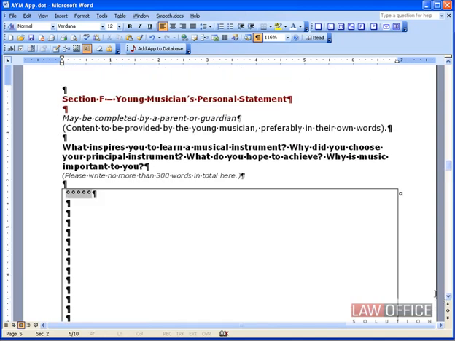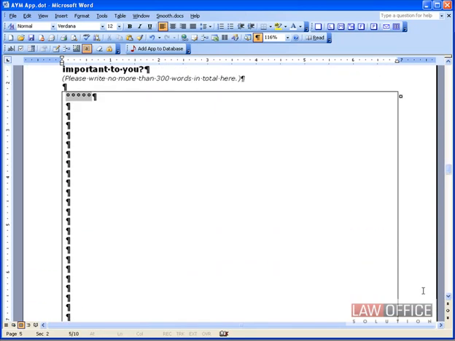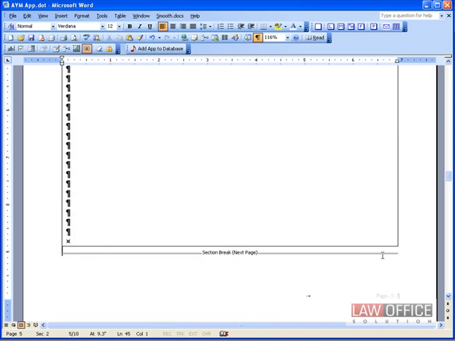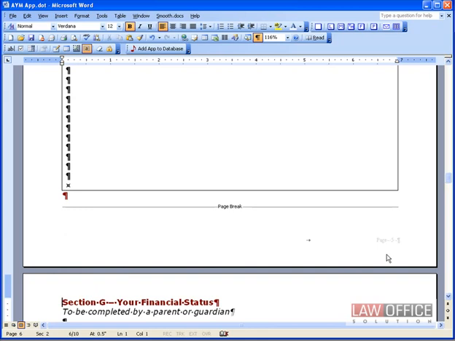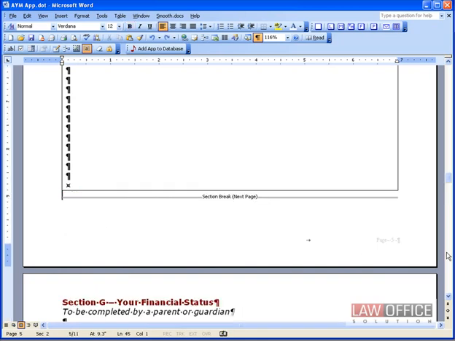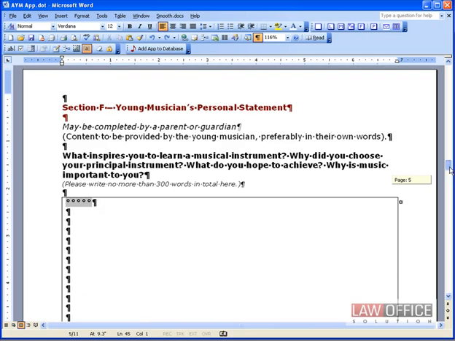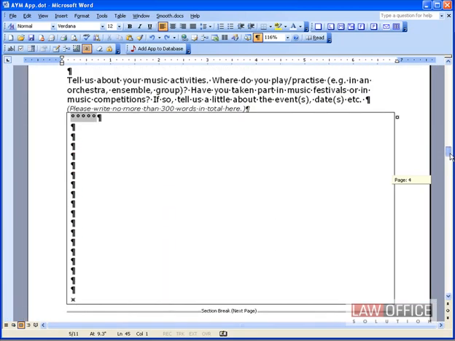Let me see what happens if I delete it. You can do Control Enter on the keyboard to do a page break, would make more sense. I'm going to undo that and put it back because I don't know if there actually was a reason that was there or not. And then the last thing,